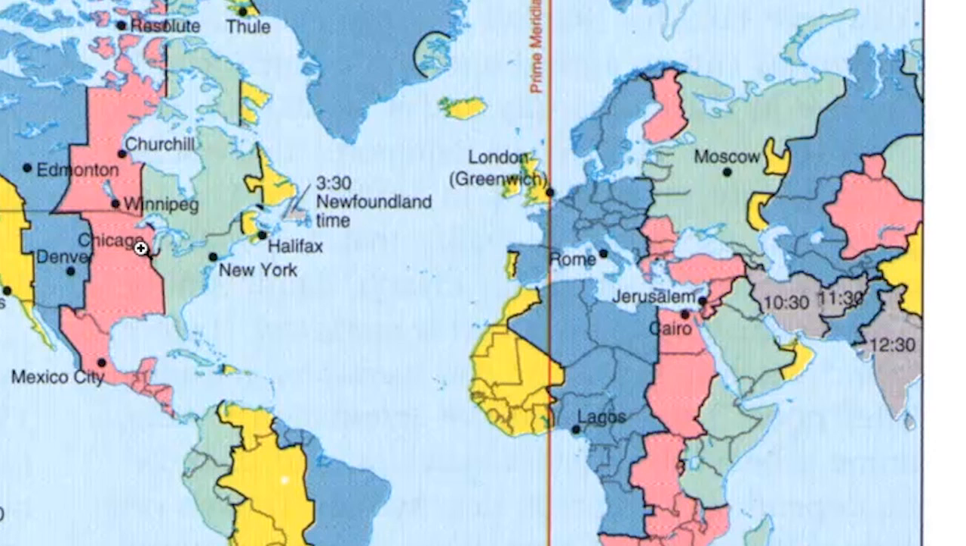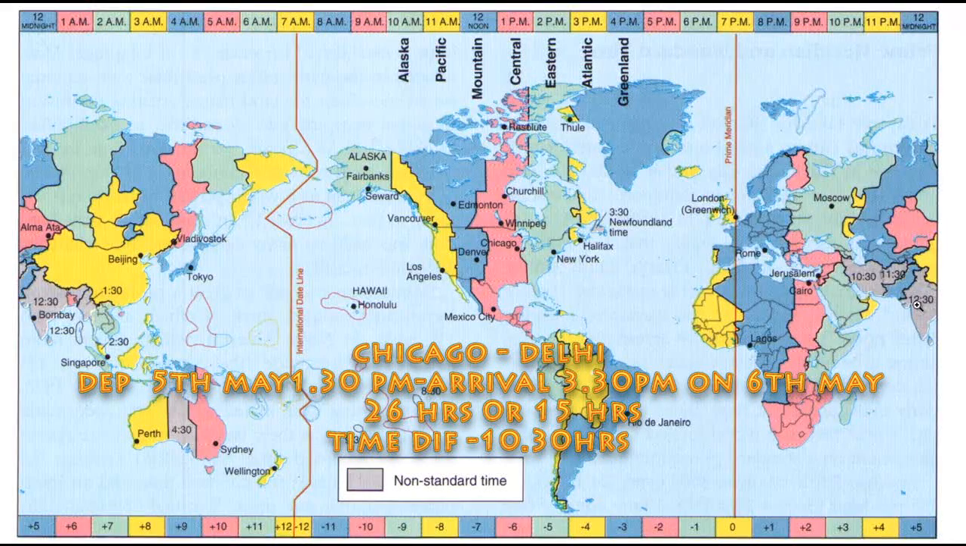And the actual flying hours from Chicago to Delhi are approximately 15 hours. So when it takes off at 1:30 p.m. on the 5th of May, by the time it reaches Delhi, it is already the 6th of May in the afternoon, around 3 or 3:30 p.m. So if you look at the absolute time difference, if you have taken off at 1:30 p.m. in Chicago on the 5th of May and you arrive on the 6th of May at 3:30 p.m., you're looking at